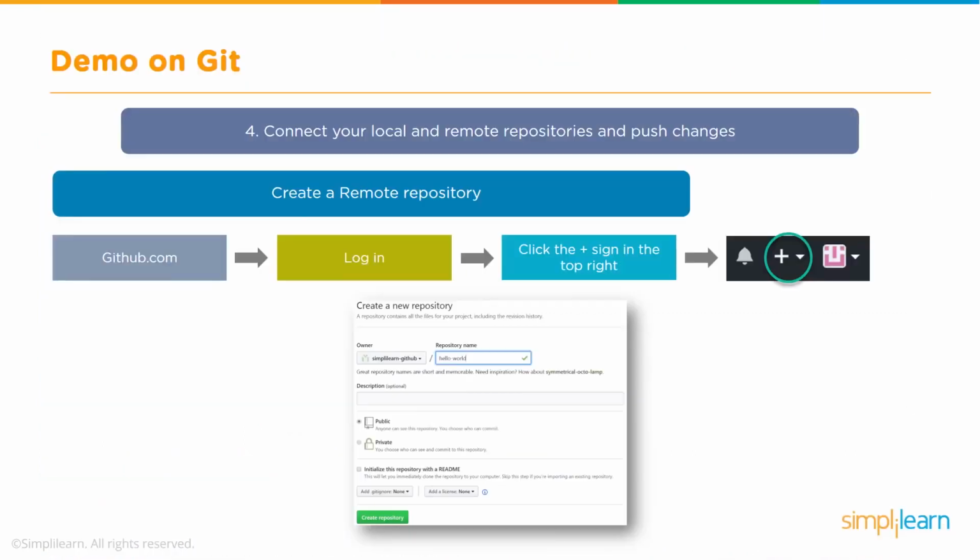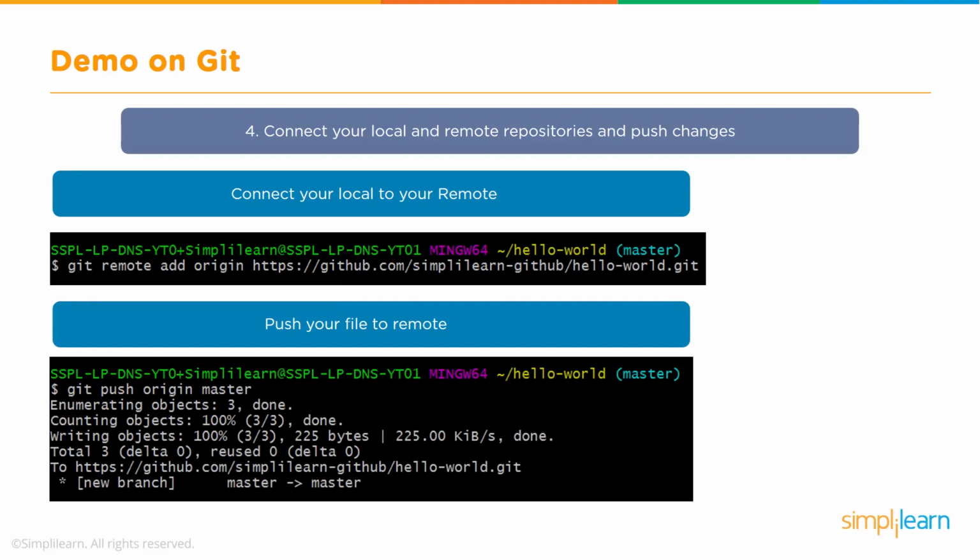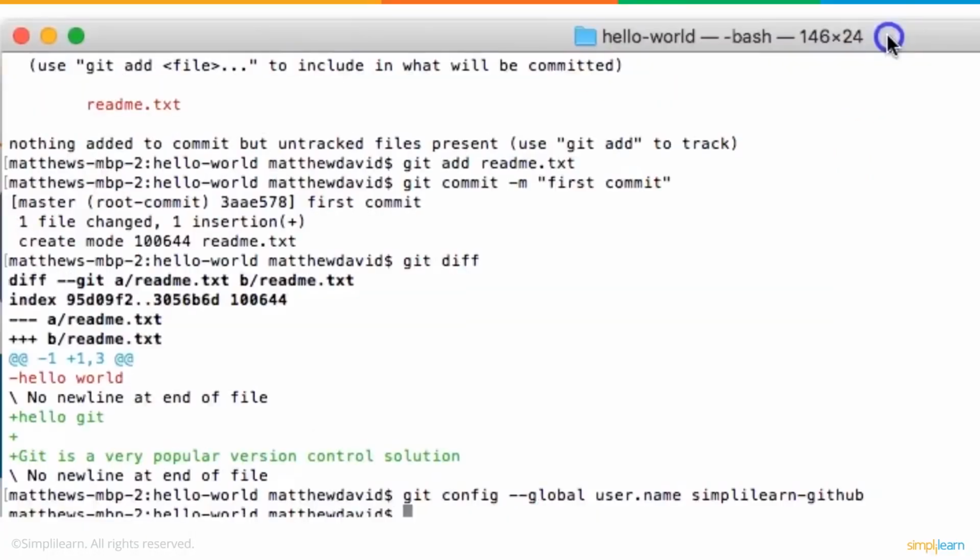And under the GitHub account, you can go ahead and create a new repository name. In this instance, we called the repository hello-world. What we want to do is connect the local account with the remote hello-world.git repository. We do that by using this command from Git, which is our remote connection. So let's go ahead and type that in. Open this up so we can see the whole thing. We're going to type in git remote add origin